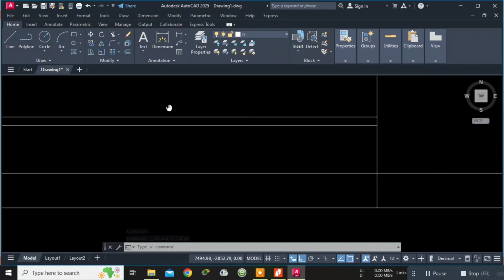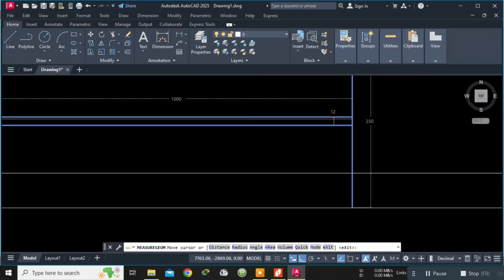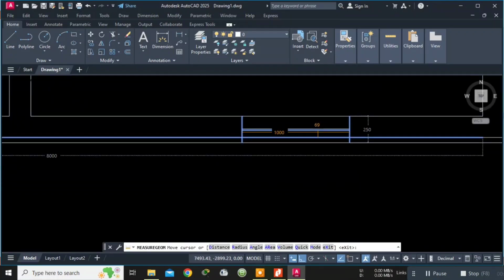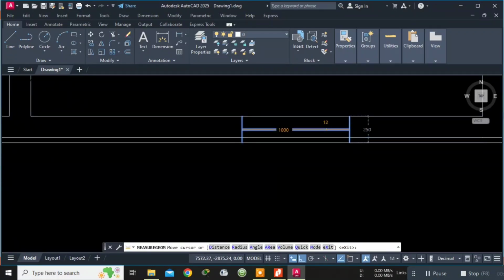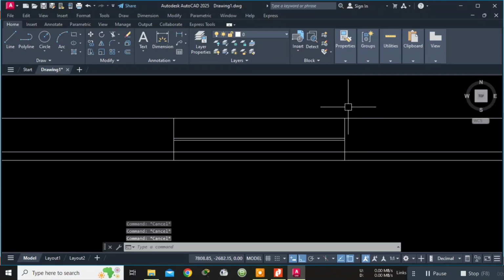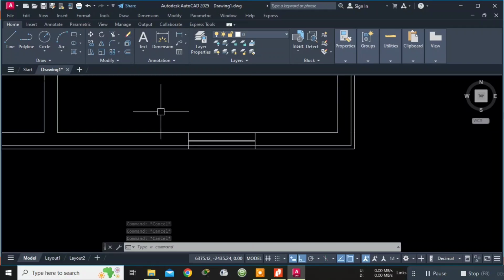I can even show you the thickness measure. See, in the yellow portion it's showing these are having the thickness of 12 mm, and window is also having the size of 1000 mm, 1000 mm and 12 mm. Okay, fine. After that, as I have made one window, now you need to copy that window,